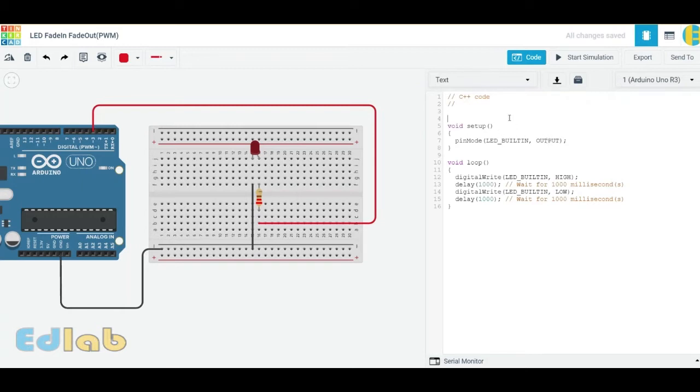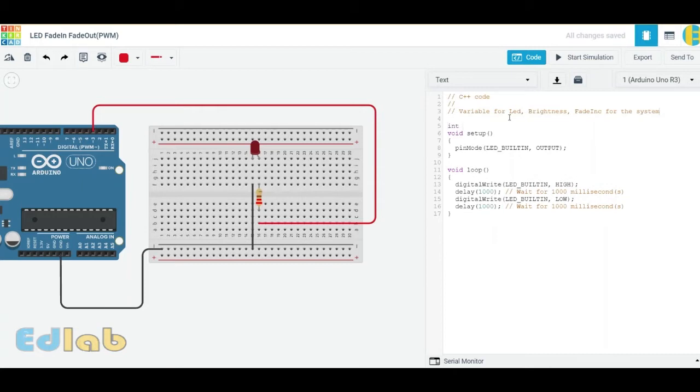Pin mode, we define here variables for the LED. Because we want to send the analog signal to increase the brightness of the LED, we use one variable brightness and one variable fade increment, INC, for the system.